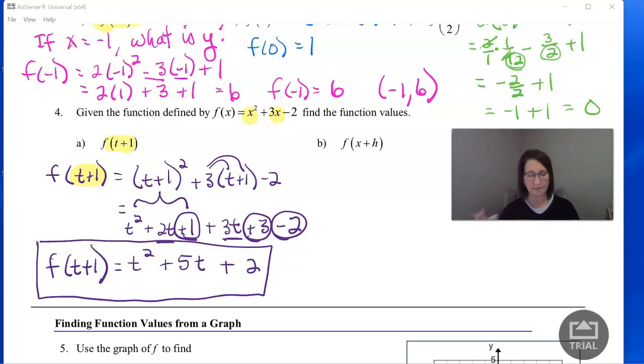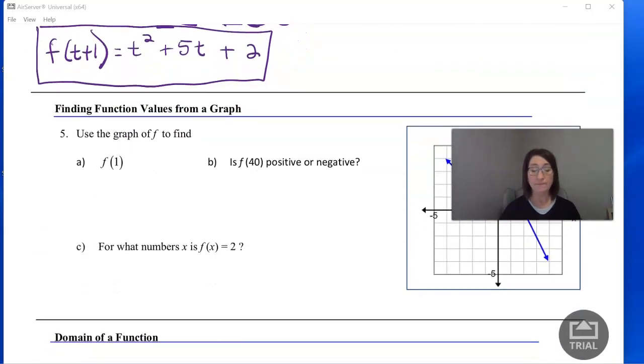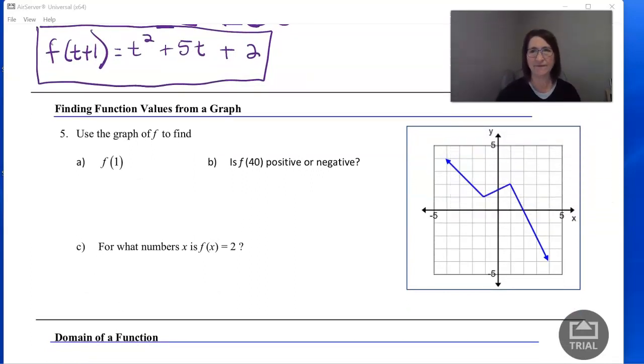Okay, I'm going to keep going here. So, what if we actually have a function that doesn't look like an equation, but actually looks like a graph? So that's what we have here. This blue line is our function. This is our f of x. Okay? So the way this works, for problem A, the question that's being asked is, if x equals 1,